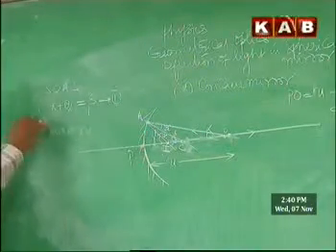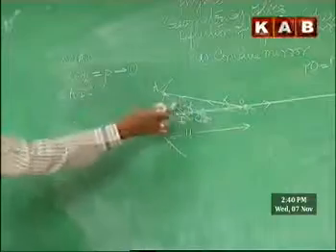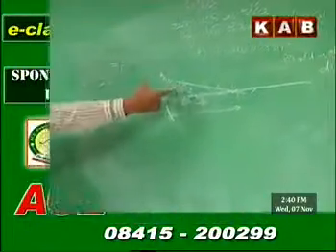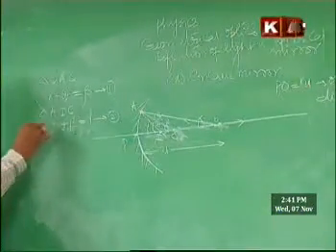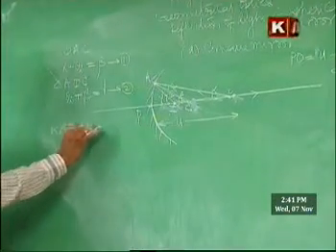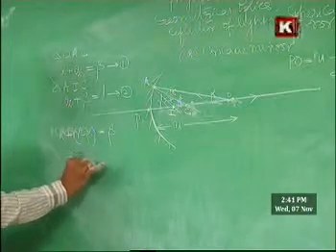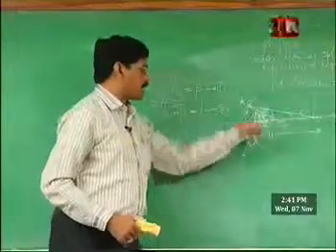Similarly, when we consider triangle AIC, theta R is the same as theta I, since the angle of incidence and angle of reflection are equal. Therefore, instead of writing theta R, we have written theta I. Theta I plus beta is equal to gamma. Now from these two we eliminate theta I. Eliminating theta I, gamma minus beta is equal to beta minus alpha, or we can write alpha plus gamma is equal to 2 beta. This is how alpha, beta and gamma are related.